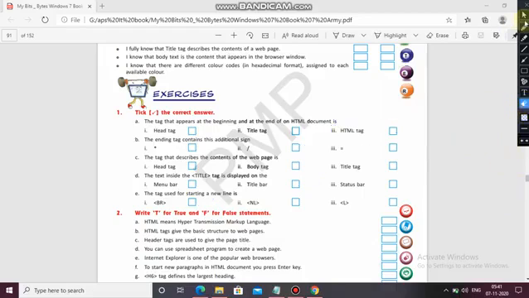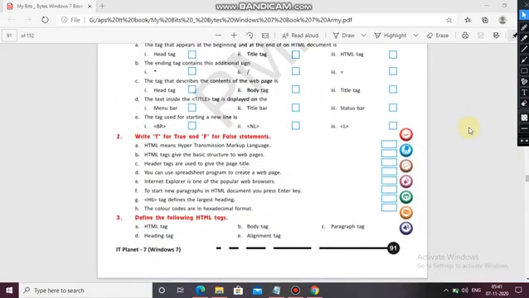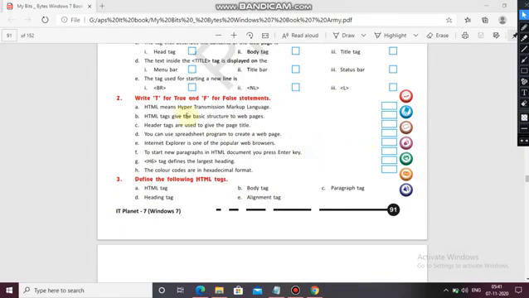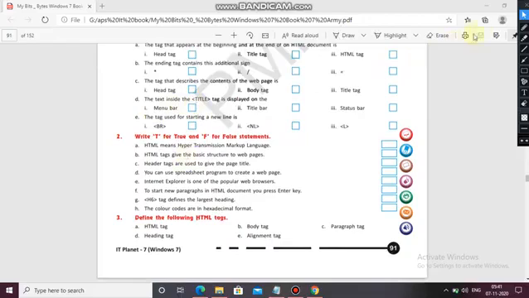Now next, true or false. HTML means hyper transmission markup language. Does it mean this? No. The full form of HTML is hypertext markup language.